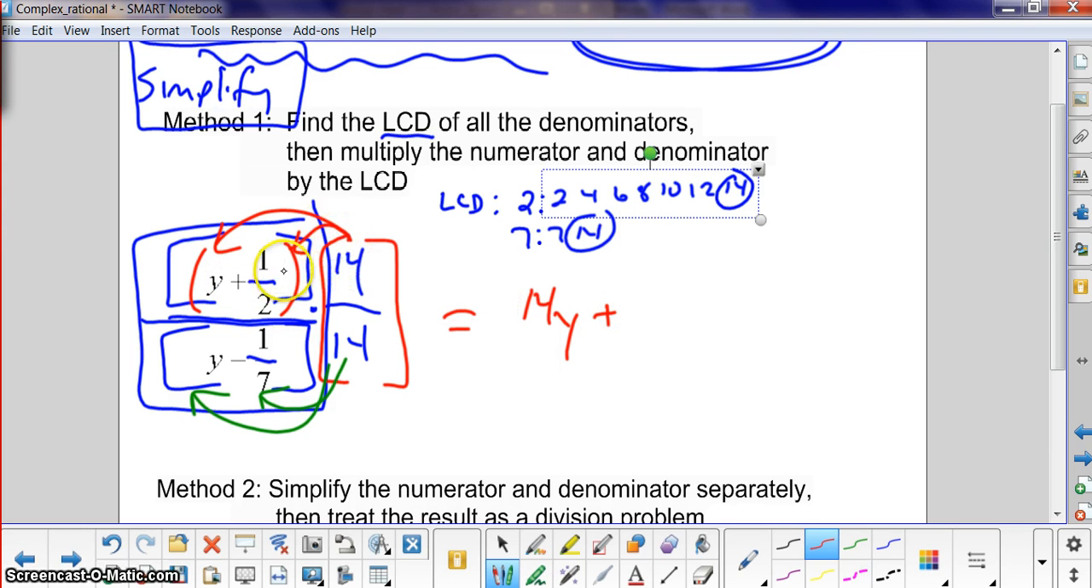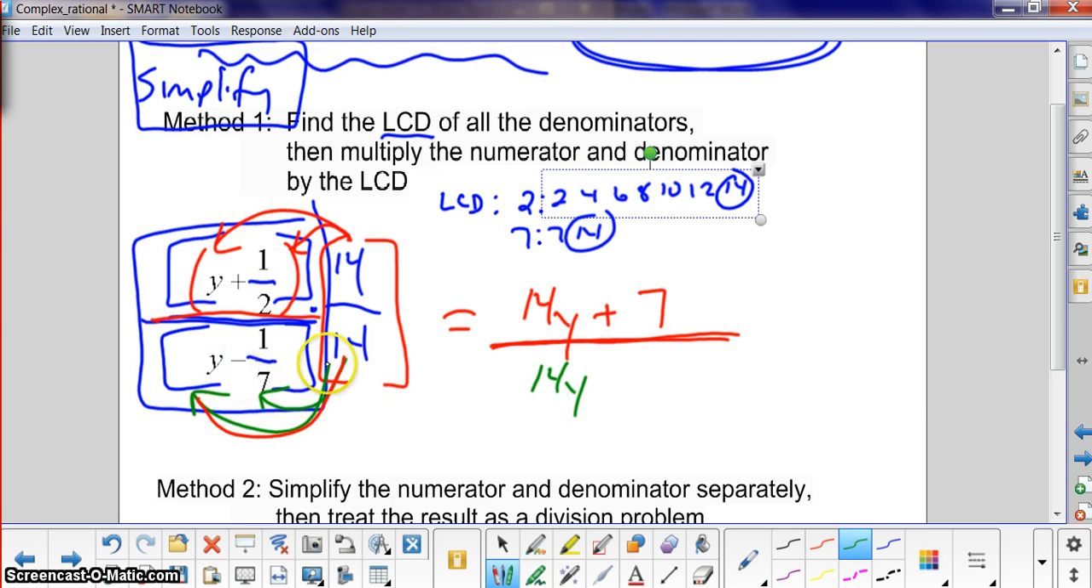And then I have to do 14 times 1/2. Oh, 14 times 1/2, that's 7. Alright, good. Notice now my numerator has no more fractions. Here's my main fraction bar, and now I'm going to the bottom. 14 times y, let's go to green,